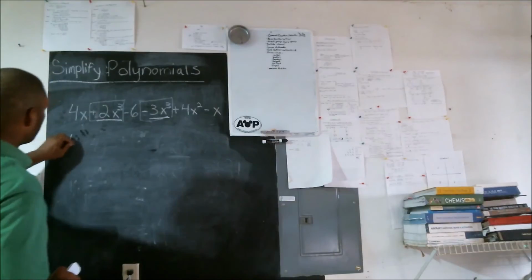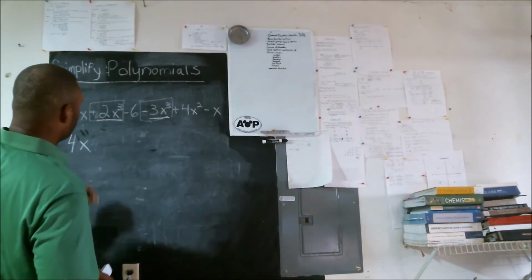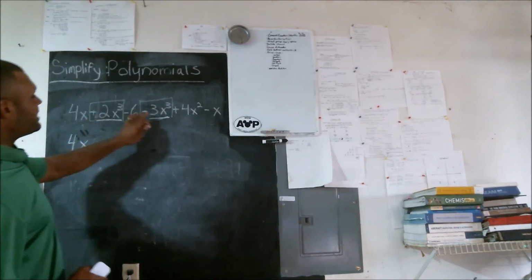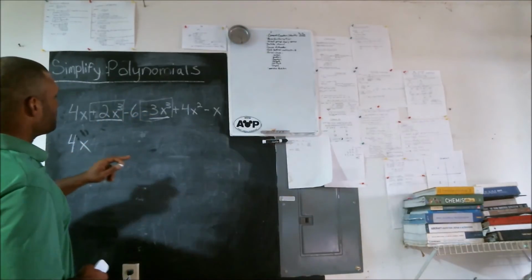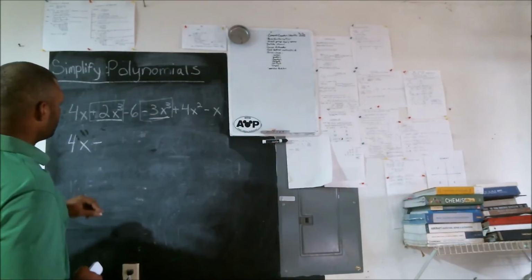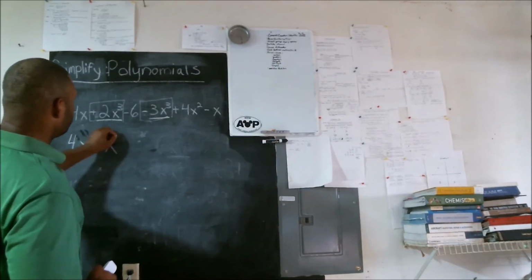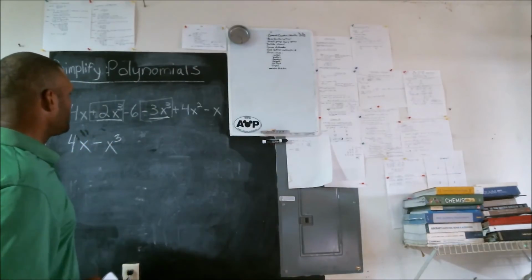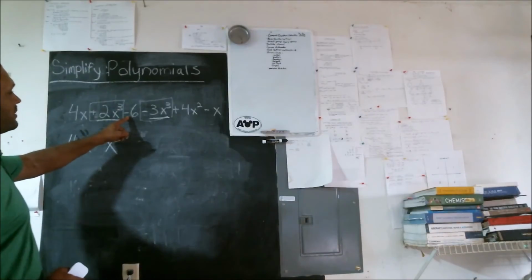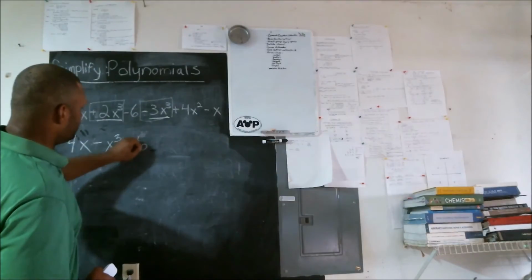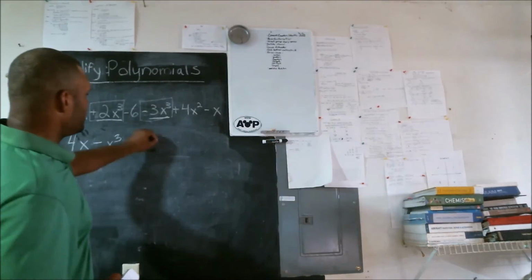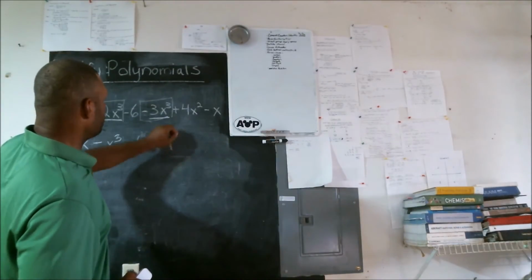So we'll keep our 4x, and you'll see why this is important. Then 2x cubed minus 3x cubed gives minus x cubed. Our next one, the coefficient 6, is a negative 6, so we put minus 6, and then we continue on, plus 4x squared